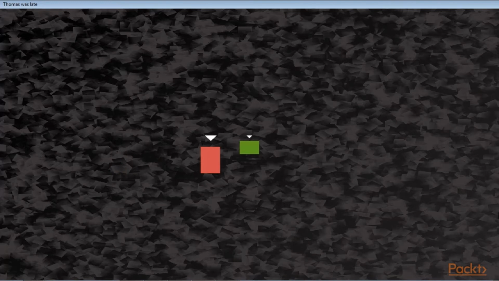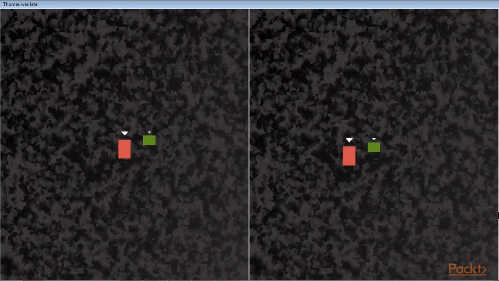Now, try pressing the E key to toggle between full screen and split screen. This is the split screen. Then, try moving both characters again to see the effect. You can see that Thomas is always centered in the left-hand window, and Bob is always centered in the right-hand window. If you leave the game running long enough, the characters will respawn in their original positions every 10 seconds, as you can see here.